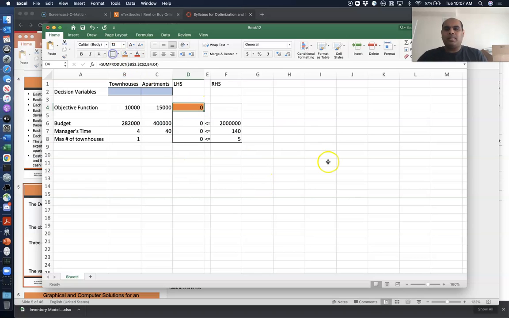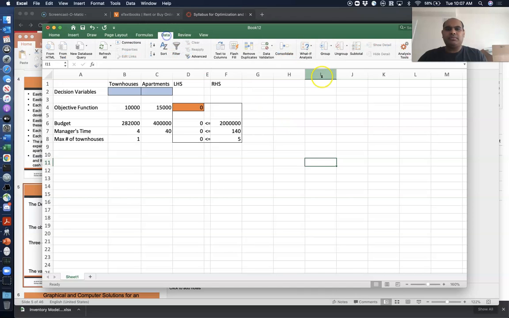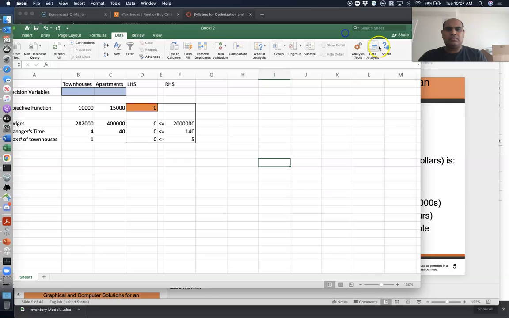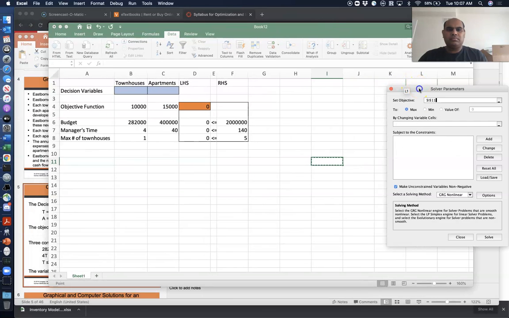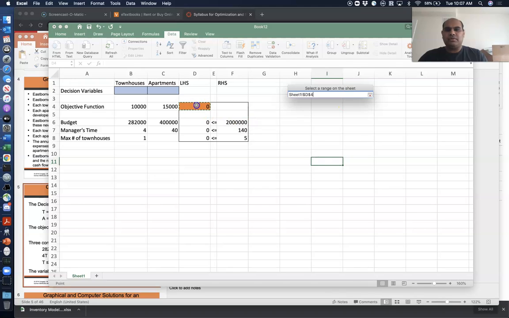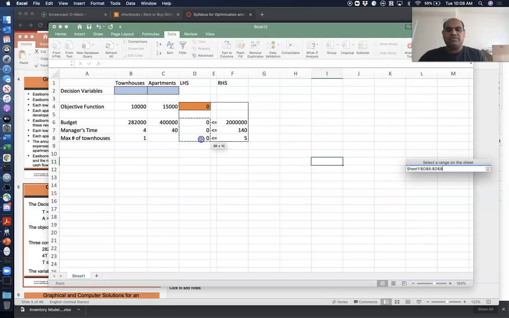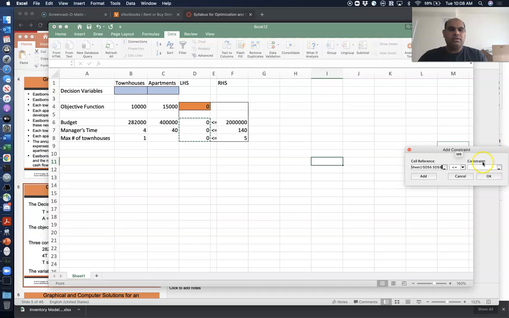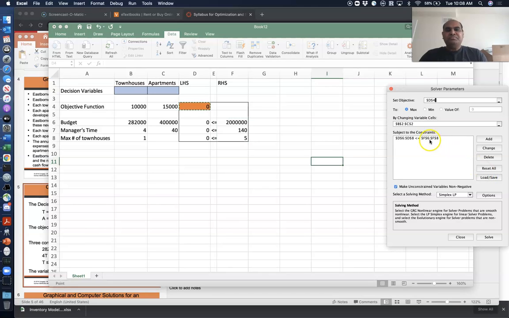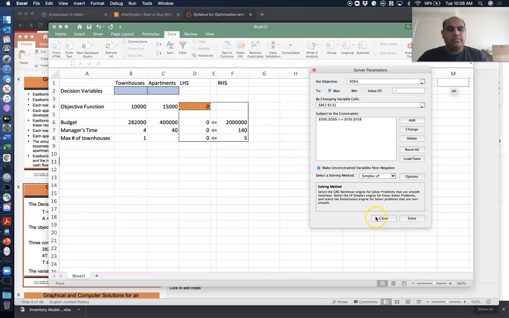Right. So I'm going to put this into Solver. The objective is to maximize, so I'm going to leave it as maximize. Decision variables are these 2. So we have 3 less than or equal to constraints. I'm going to choose all 3 on the right-hand side. Okay. Right. So make the variables non-negative. We are not imposing the integer constraint just yet. So if I solve this problem like this,